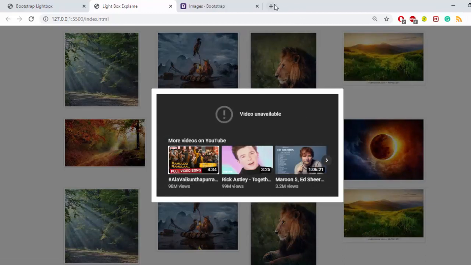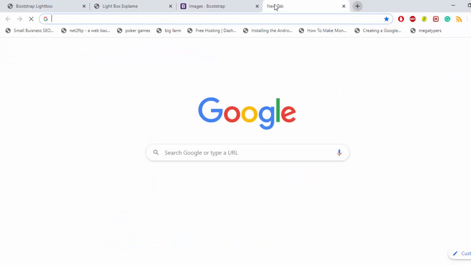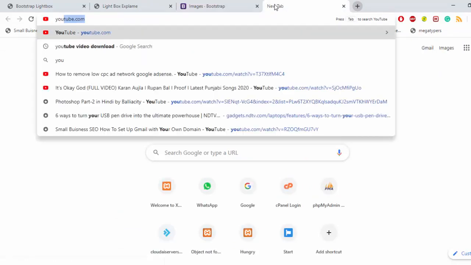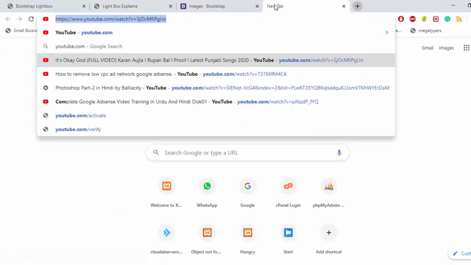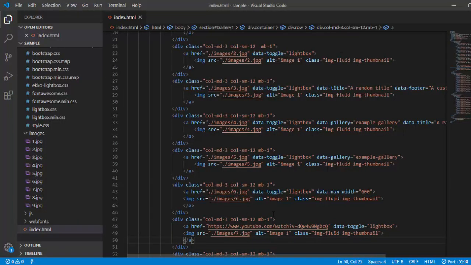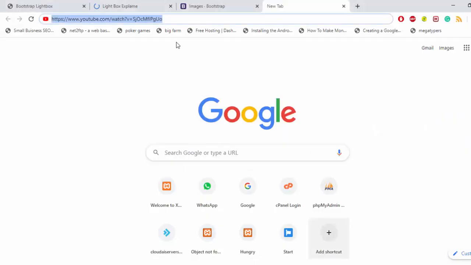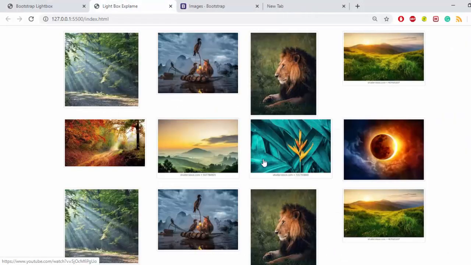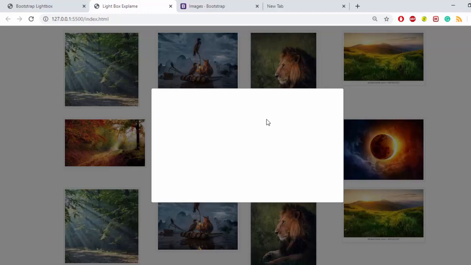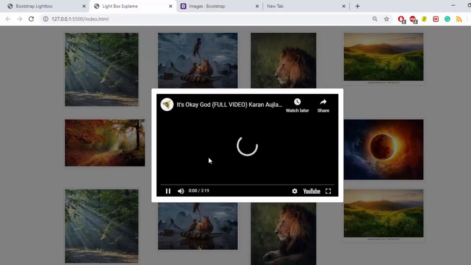Let us take one video and let me show you. Let me copy some random video. Here you go with the random video, right? And let me click on this. Now you can see that video, okay? And the video will be playing. So that's the thing, whenever they click on it.